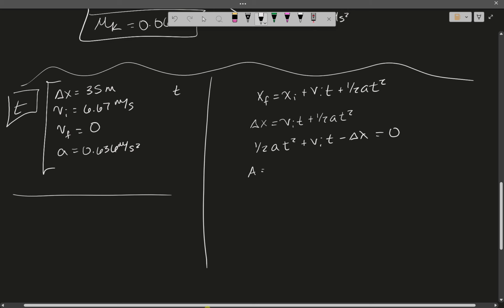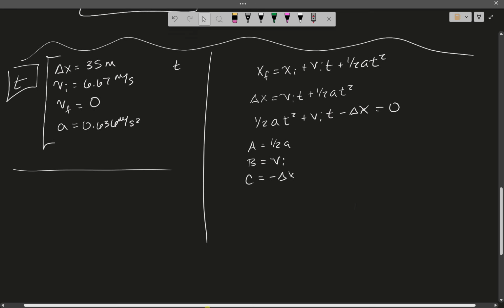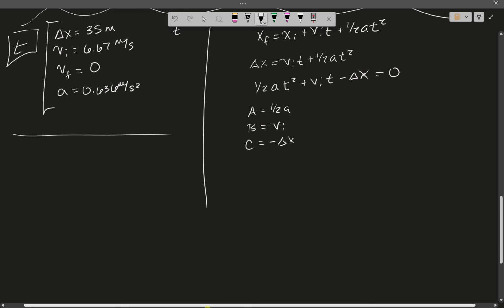So in this situation, a is going to be 1/2 a, b is going to be my initial velocity, and c is going to be negative delta x. It's negative delta x because the quadratic equation doesn't have this minus sign here, so we need to take that into account. The next thing that we're going to do is x equals